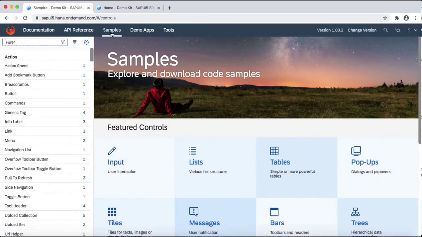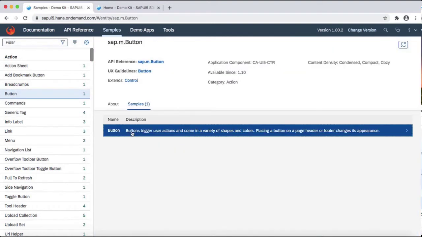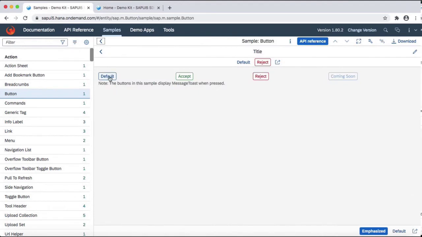The samples section provides you samples of SAP UI5 controls. Like we can go to a sample, let's say the button sample, and we can see how a button looks in SAP UI5 and what the various properties are. We can also check its source code.